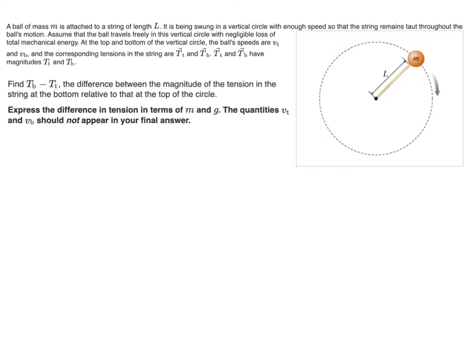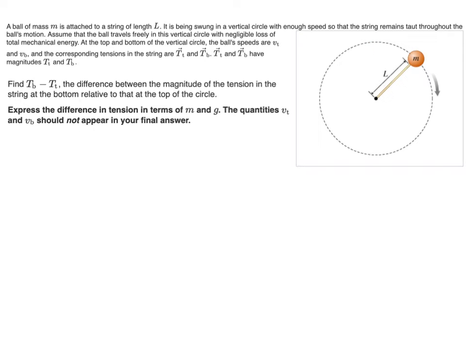A ball of mass m is attached to a string of length L. It is being swung in a vertical circle with enough speed that the string remains taut throughout the ball's motion. Assume the ball travels freely in this vertical circle with negligible loss of total mechanical energy. At the top and bottom of the circle, the ball's speeds are Vt and Vb, and the corresponding tensions are